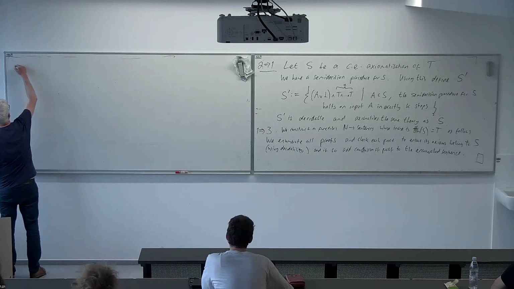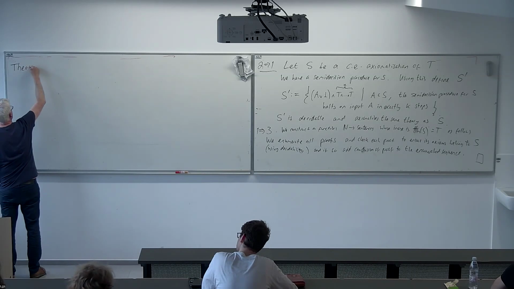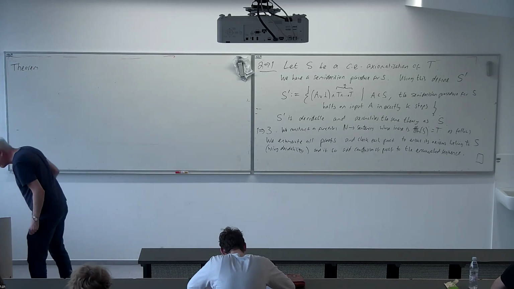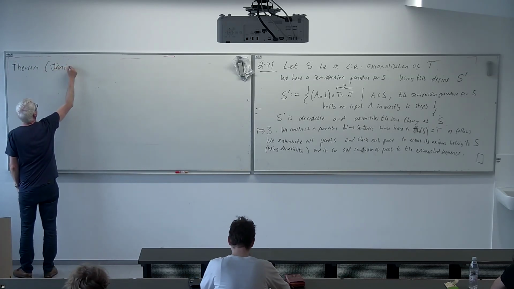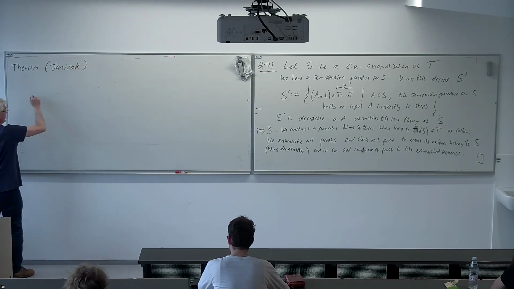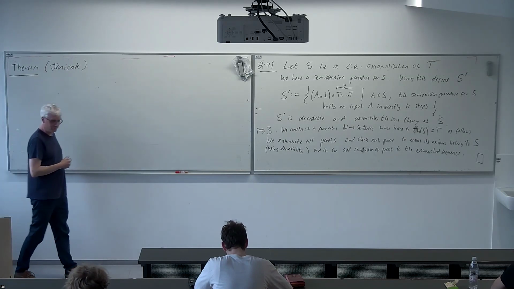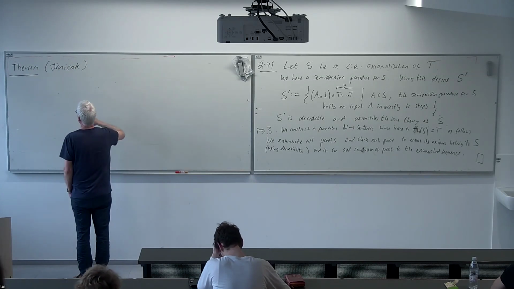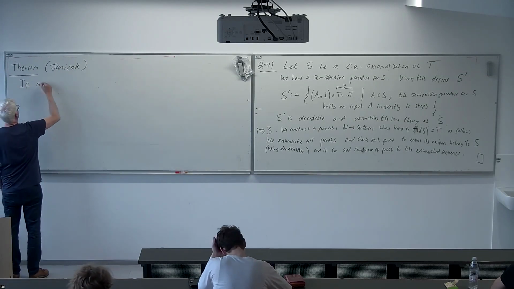We're going to state this as a theorem, and this is by Janicak, I think. I'm not sure if it has some diacritical or not, or which country Janicak came from. Anyway, Janicak's theorem says if a theory